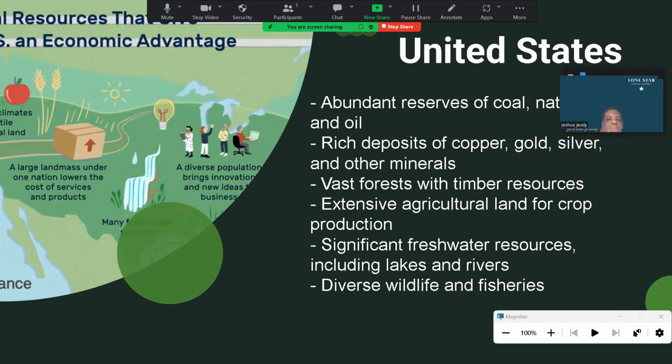All across the Midwest, we have a great amount of agriculture production. That is the breadbasket of America. And of course, our fisheries, a lot of fishing out in the Pacific Ocean, in Alaska, and in the Great Lakes, and on the northeast coast of the Atlantic, and then all the way down to the Gulf. So as for resources, the United States is abundant, which allows us to be a very powerful and great country.